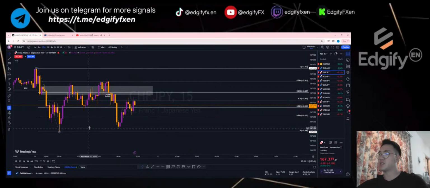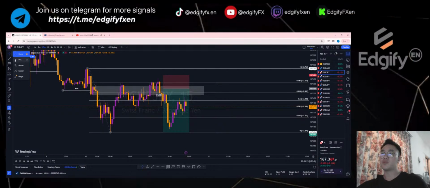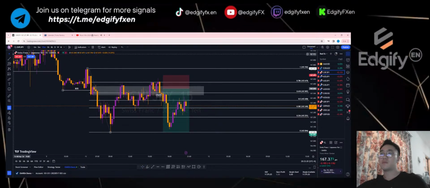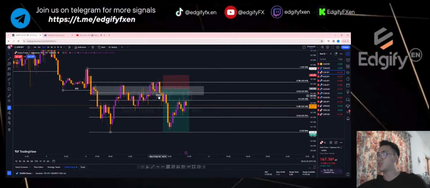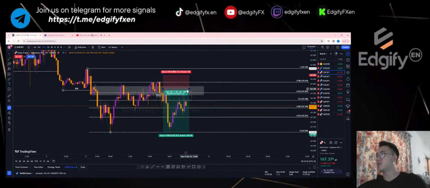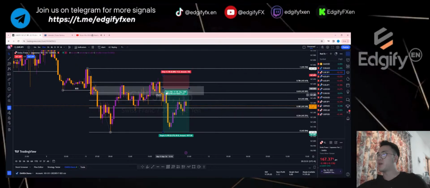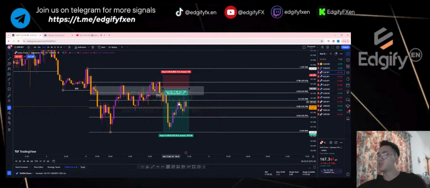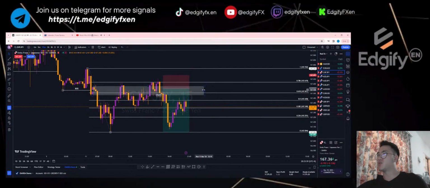I have this change of character, if you guys can see. Let me change this. This is where I mark my change of character. The price, basically this candle, took the break. I was waiting for this to retrace back at least to this level here, where I will have my entry with a stop of 14 pip, a tight stop, and risk to reward about 1 to 3.27. Price did not reach back and it just dumped all the way, so I cancelled this order, and hence that is why I did not release this to you guys.